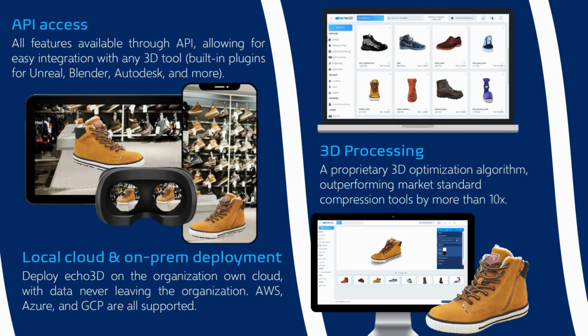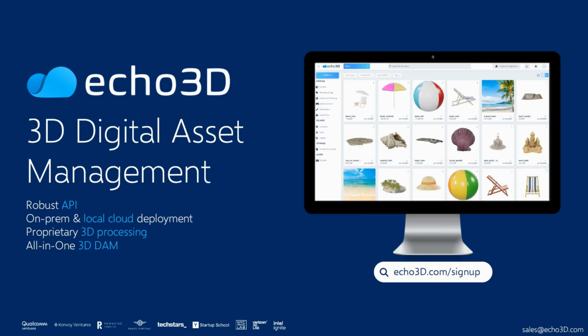So it's really an all-in-one 3D DAM for you to store all your files in one central repository with built-in 3D compression and conversion tools, a 3D viewer, 3D editor, and a custom WebAR experience builder. We hope this was useful, and now you have a better understanding of how you can use echo3D's 3D digital asset management platform to store, secure, optimize, and share 3D assets, digital twins, and scans